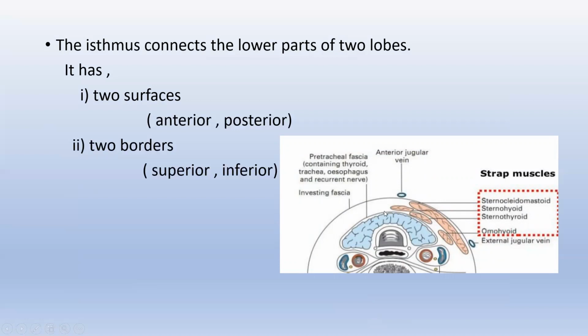The superior or upper border will be related to the anterior branches of the superior thyroid artery. At the lower border, the inferior thyroid vein will leave the gland at the lower border of the isthmus of the thyroid. So the relations are a bit confusing. When you learn the blood vessels and blood supply of the thyroid gland, you'll be well able to appreciate the relations of this thyroid gland.